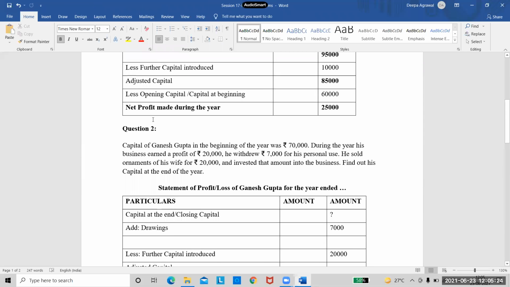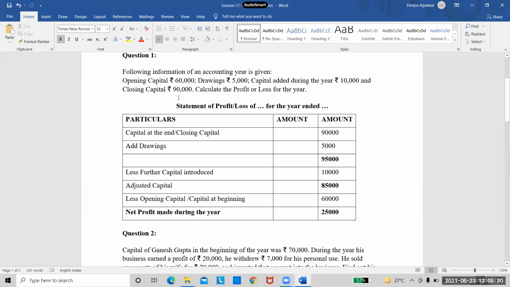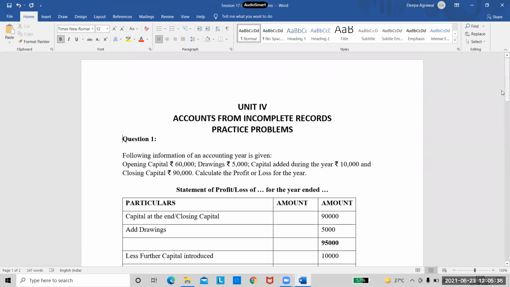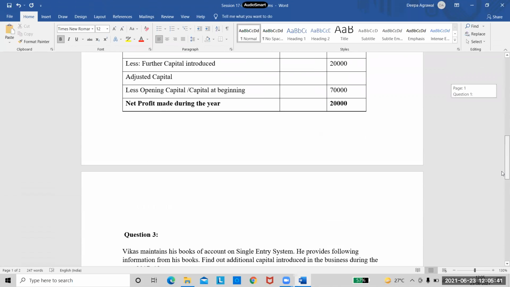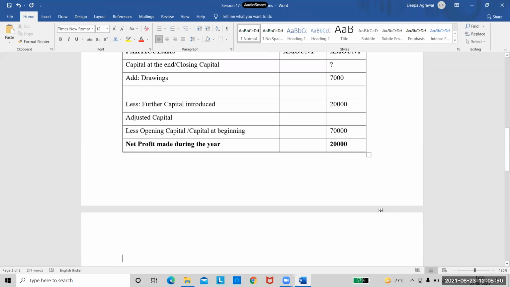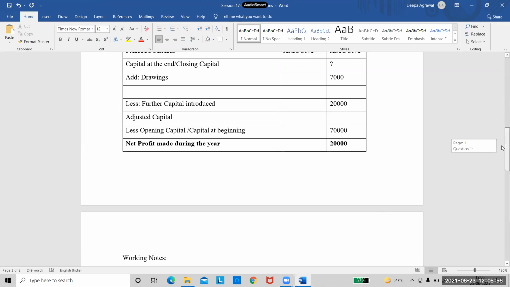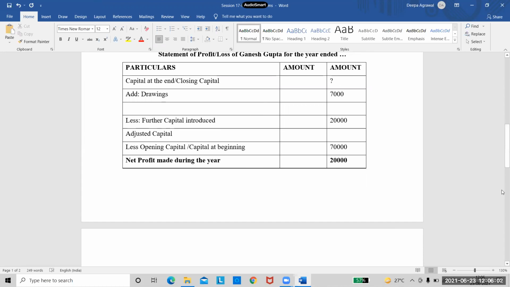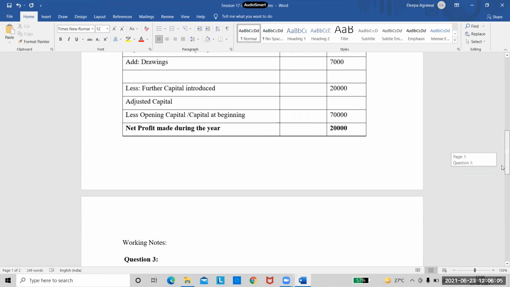Can anyone tell me how do I calculate now? Is there a way through which I can calculate? Yes, the accounting equation. Why do we need to go to the accounting equation? A simple algebraic equation will solve my problem, right? The capital at the end will be X. Yes, correct. So how will I do here? I will just write the working notes. Whether you do it first or at the end, you have to put the statement, right? So put the statement as it is. We will fill this value later. So in the working notes, we will write an equation.